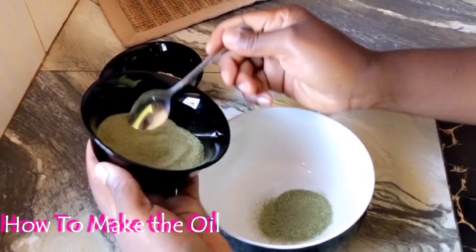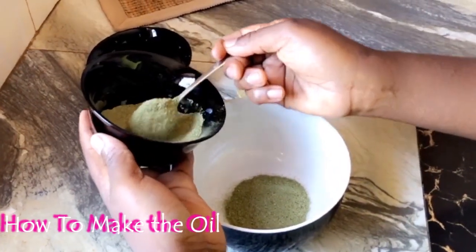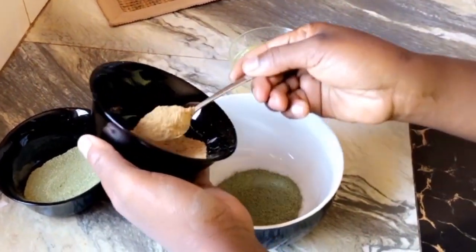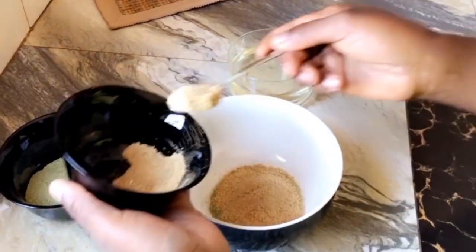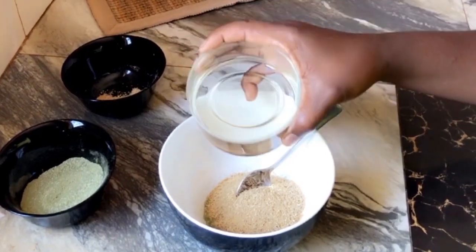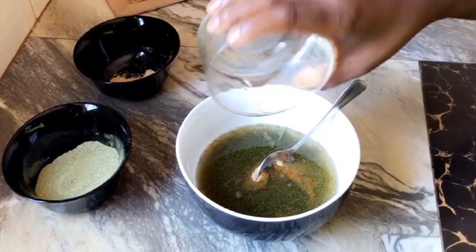I'm going in with 4 teaspoons of neem powder in a big mixing bowl that I'm going to be using to infuse this oil and the powders. And I'm also going in with the similar amount of 4 teaspoons of fenugreek powder that I just grinded to make this powerful Ayurvedic hair growth oil, guys. So I'm going in with a full cup of sweet almond oil. Go ahead and use whatever works for you, whether it's castor oil, go ahead and use that, guys. Okay,